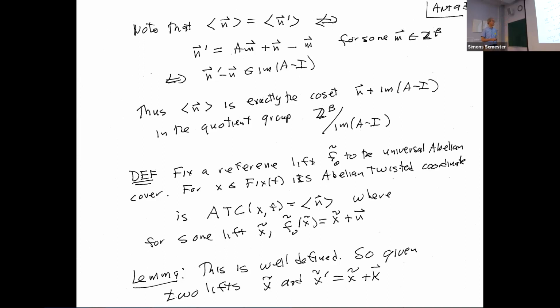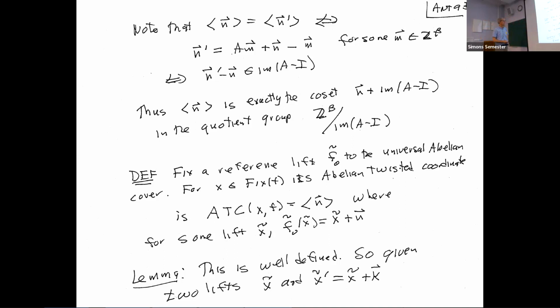All right, so this formula will come up over and over again. But it could be a finite group, infinite group, whatever. But the set of coordinates, Nielsen coordinates, are exactly this guy, where A is the action on first homology. All right, so how do we give coordinates to abelian Nielsen classes? Well, just like linear algebra, you have to fix a lift. So we fix a lift, and we pick a particular lift of X and see where it goes in the cover. All right. And then its abelian twisted class, its coordinate, is the coset in this group